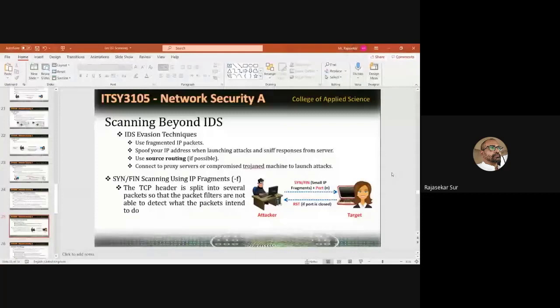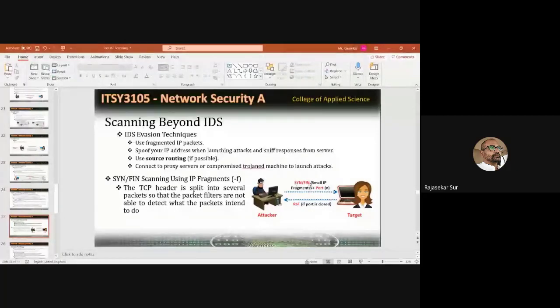Here we have a small example. A small IP fragment, a very small packet with a SYN and FIN, or SYN or FIN. You know about SYN, which creates the connection, and FIN closes the connection.